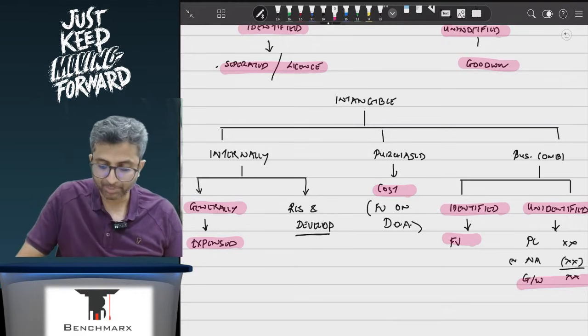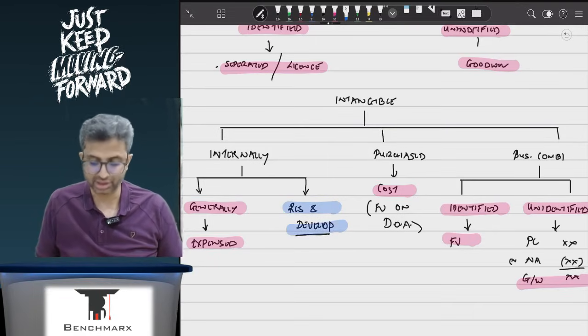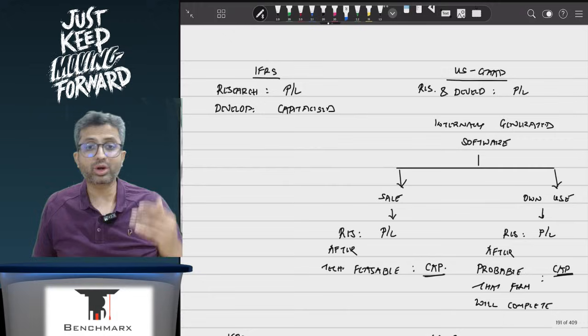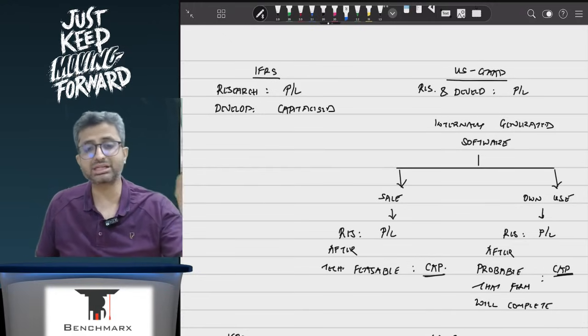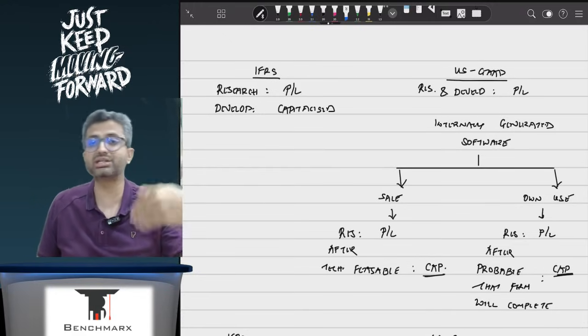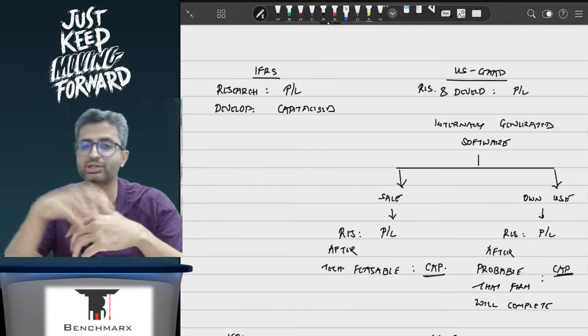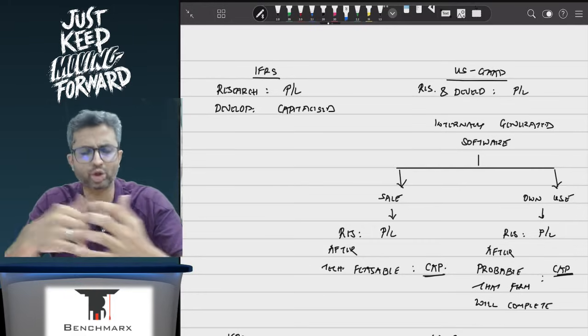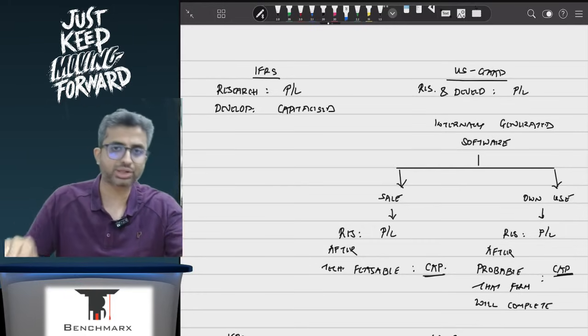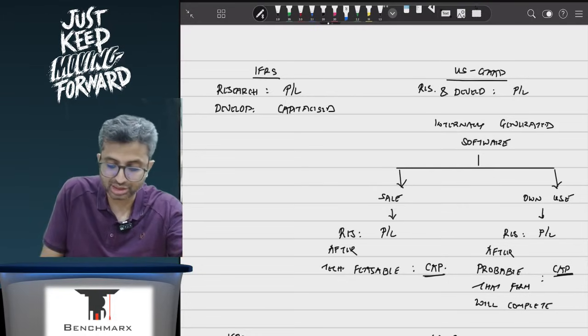Now over here, the important thing is understanding what is happening on the research and development side. When you look at IFRS, it is very clear. IFRS says research expense will be taken to P&L. What does research phase mean? It means ideation phase. You are still having an idea. You don't know whether it is going to translate into a commercial reality or not. So future economic benefits are not certain, and hence expenses incurred during the research phase will be taken to the